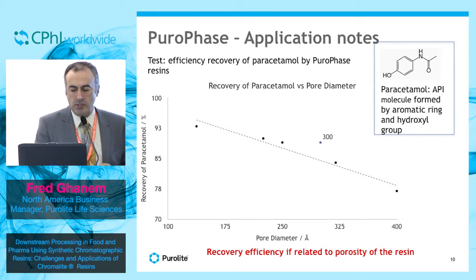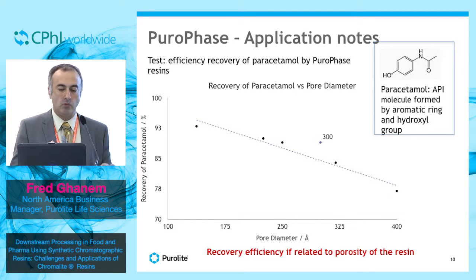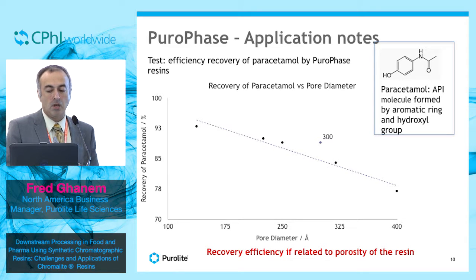We did some work for certain customers as well. This is one of the screenings we've done for companies. They would send us sometimes their feed, or they would tell us, we're trying to separate this, give us your best options. So in this case scenario, they didn't give us the feed. They just told us they're doing a paracetamol purification and they want to have the highest yield possible. So we did screening, and we found out that the PCG 600M would give them the highest yield, as well as the highest capacity in running the